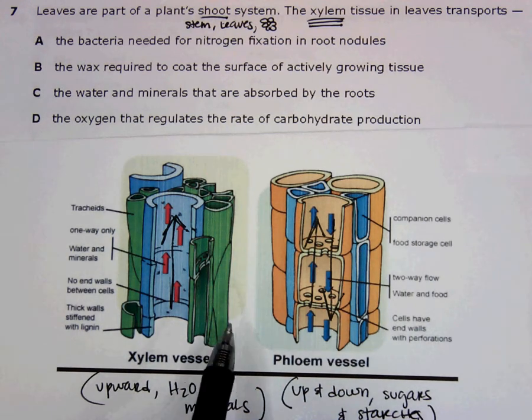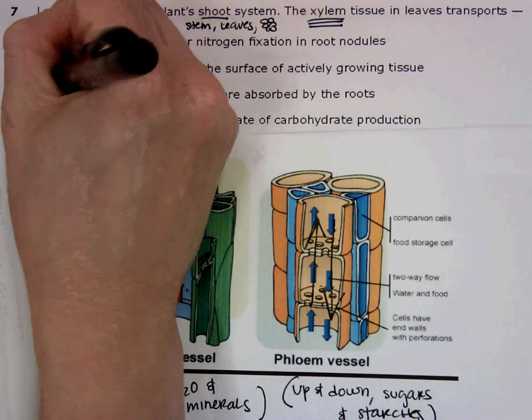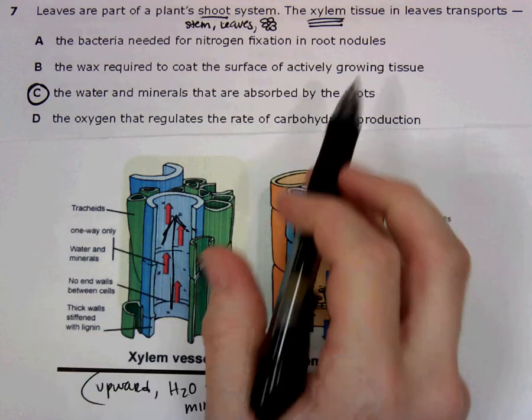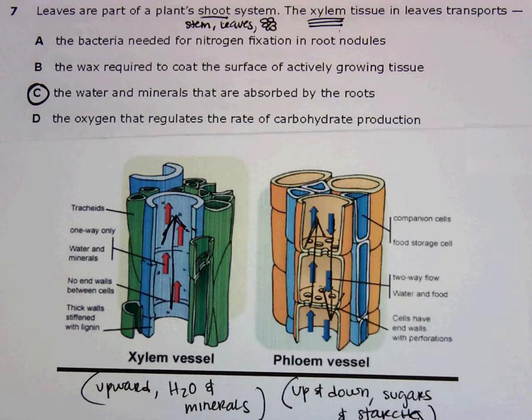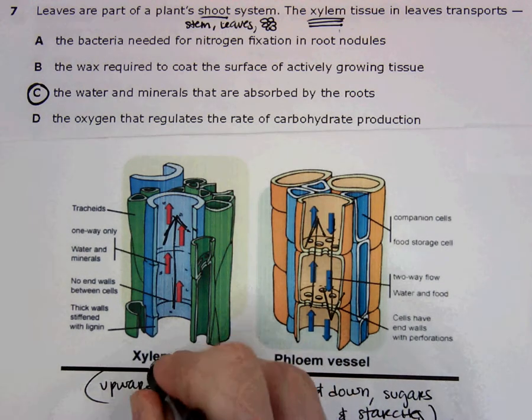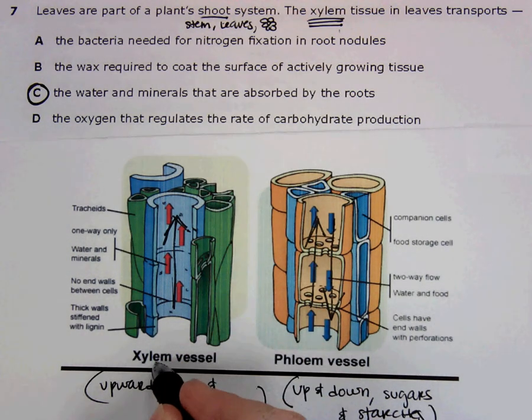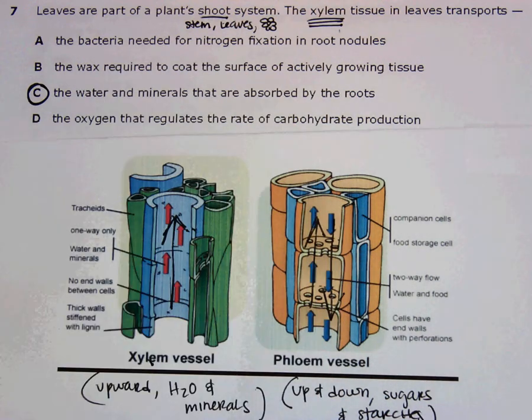Okay? So in looking at that, that should tell you automatically that your answer is C, because the xylem in leaves transport water and minerals that are absorbed by the roots. So like we said, it starts with the roots and it takes that water and then minerals also and transports it up top. If you're also looking at why the other answer choices are not correct, we could go through and go,